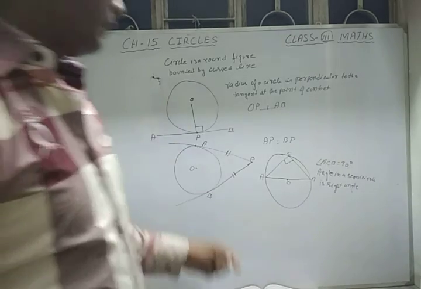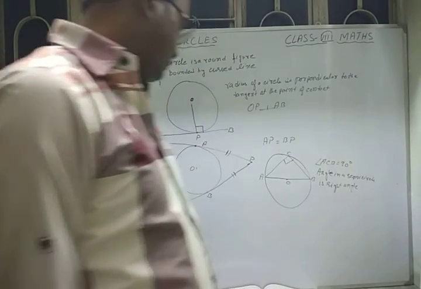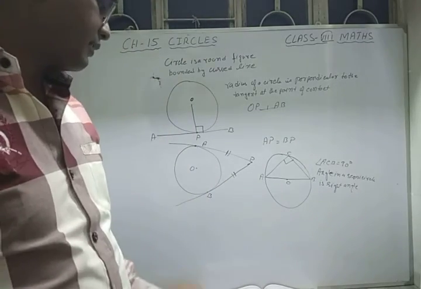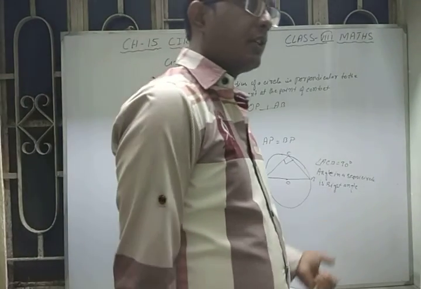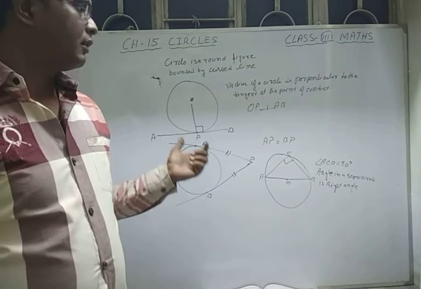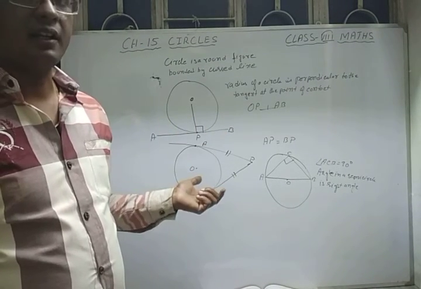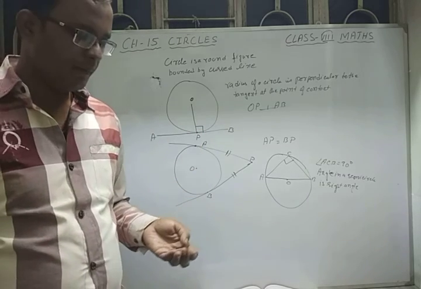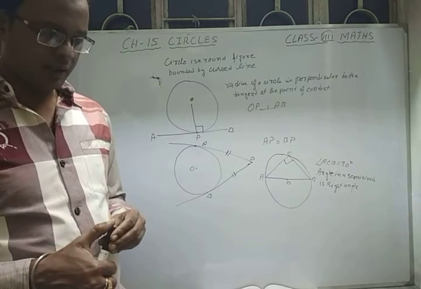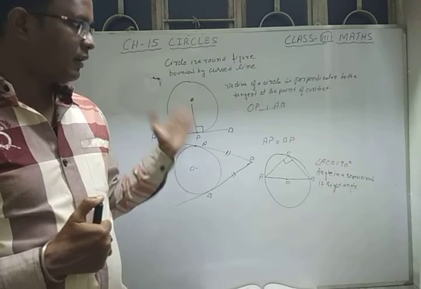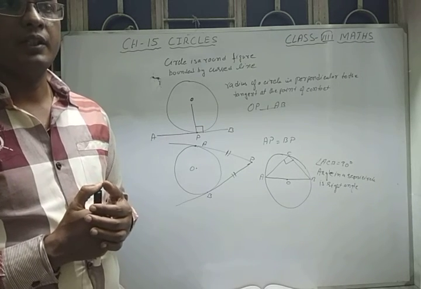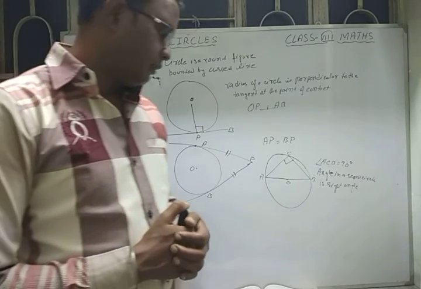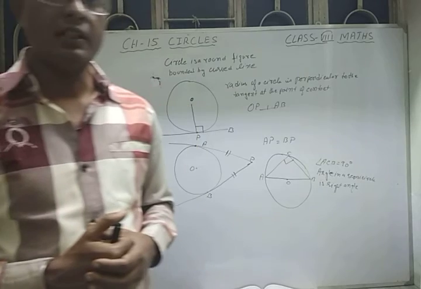So these are the three properties that we have to use while doing the exercise of this chapter, Circles. There is only one exercise. Today in this video I am not going to start the exercise because I have just explained the basic things regarding this chapter. Watch the video properly and understand it first. Once you understand the basic things, it will be easy for you to understand the maths related to this chapter.